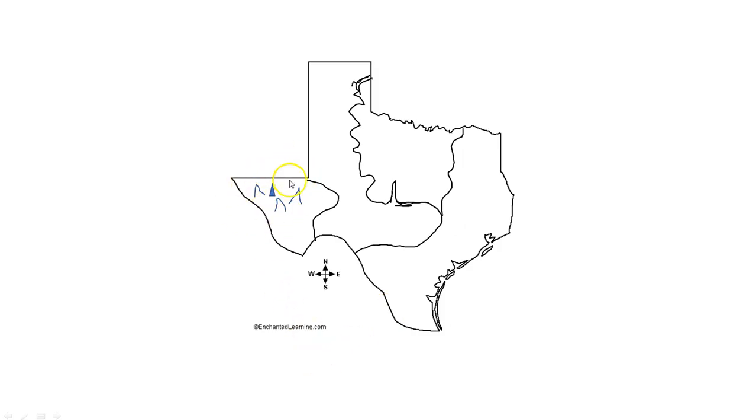You'll notice I already put the mountains there, and look at the spike. Ooh, it hurts. So anyway, we're talking about West Texas right now, and the main things you need to remember about the mountains and basins in West Texas is, first of all, it's in the west. The second, there are mountains and basins, right? The mountains are the tall parts, the basins are the parts in between. And secondly, you need to remember that it's hot and dry.